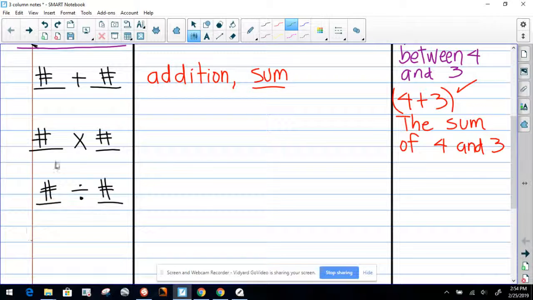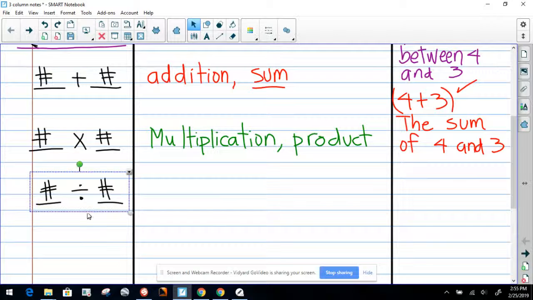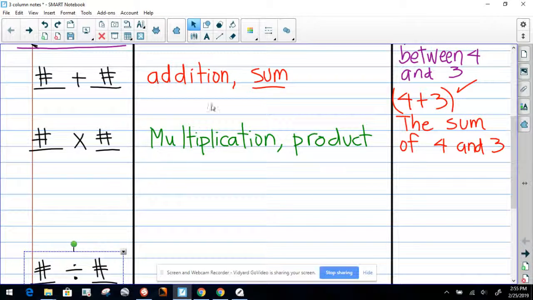What if you have multiplication? Well, again, this is called multiplication. Also, the answer is called the product. All right. So now, how would you write? Let me move these statements out of the way. Good. How would you write, for example,